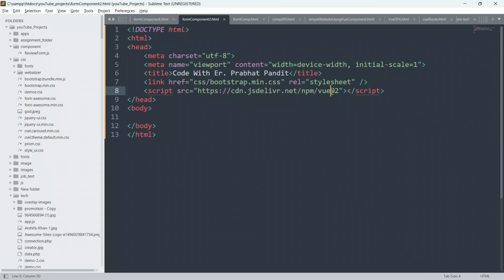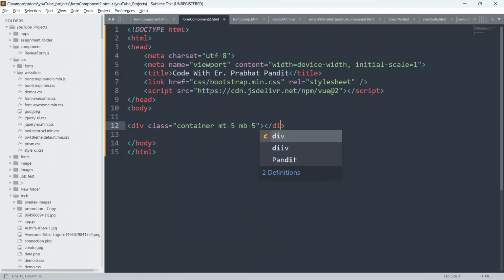So now we have to write some HTML first. I will create a div, give class as container, give margin top 2 and margin bottom 2 also, and close this div first.